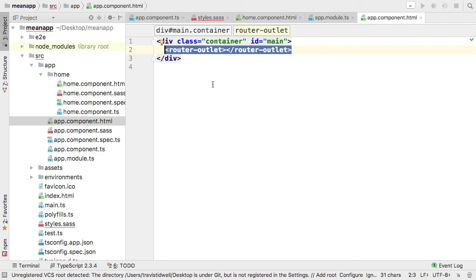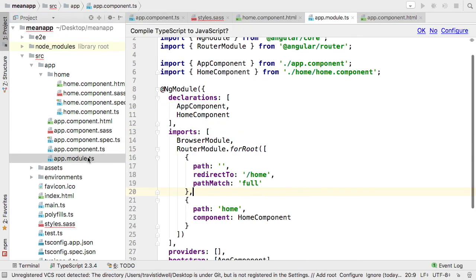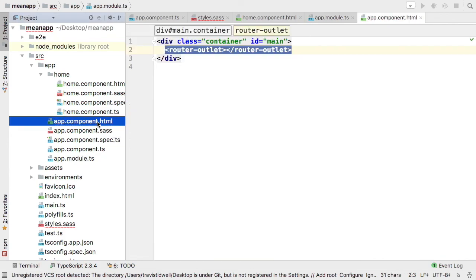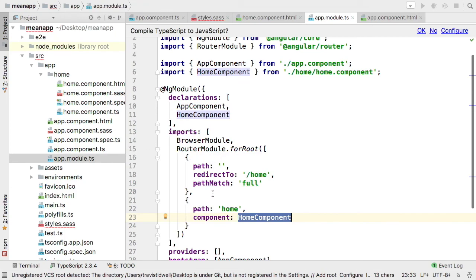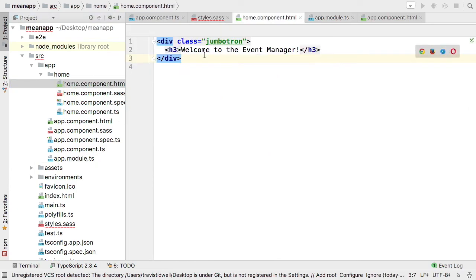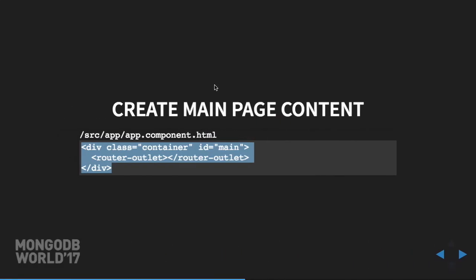In the case of the home component, what we ended up doing is, in the app module, you'll see that we have this router module, and this router module is actually bringing in this home component. So what this does is this app module loads this HTML file, it sees that it has a router outlet directive, and it plops whatever active route controller in its place. So if you have a home component, you'll now see that we're going to actually end up seeing welcome to the event manager once we actually run this thing. So if you actually go to your app now,